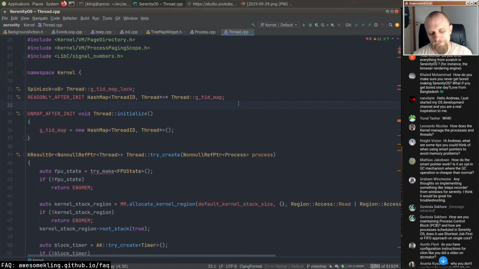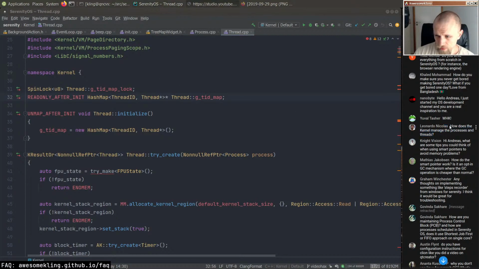And then the scheduler works on threads only. So processes are more of almost like a metadata thing, because a process can have many threads, but the scheduler doesn't care about processes. It only cares about threads. So when the scheduler runs, it just goes through the priority queues and looks at which threads are runnable. And do we have any high priority threads that are runnable? Then we run those. Any lower priority things that are runnable, then run those, and so on. It's a fairly simple setup,